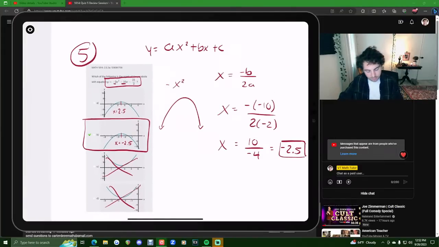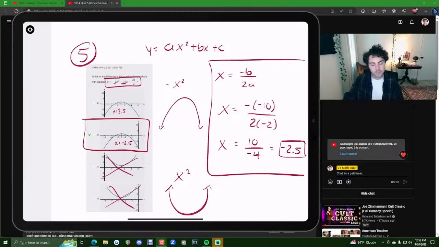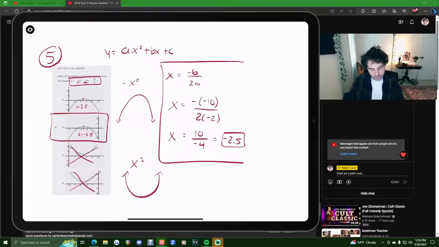So had it been a positive x squared graph, we know that would be opening upward, and then again negative b over 2a will help you find the vertex. It'll find the x value of any vertex. All right,